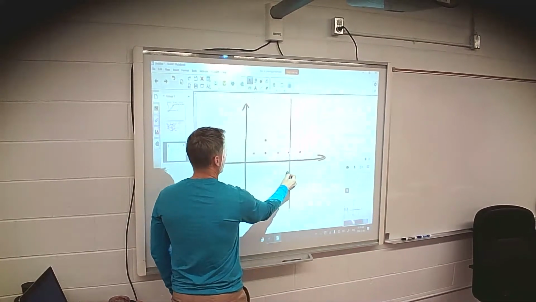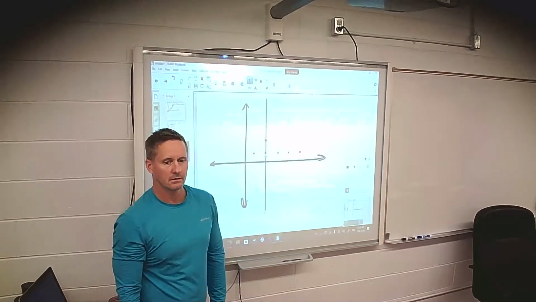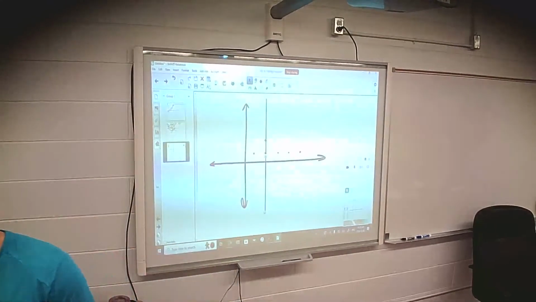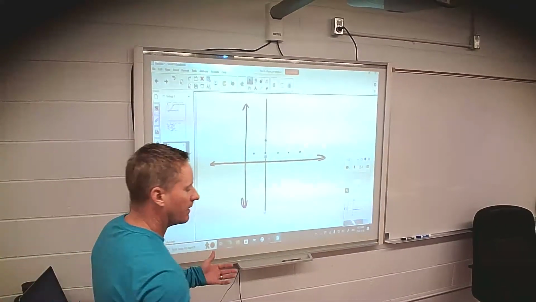Still only hits 1 dot, 2 dots, 3. Uh-oh, what happened there? 2. Not a function. It's not a function because it hit 2 dots. Now, let me explain this in terms of